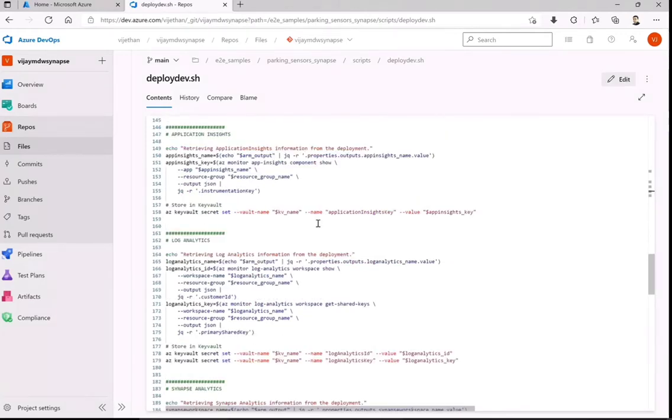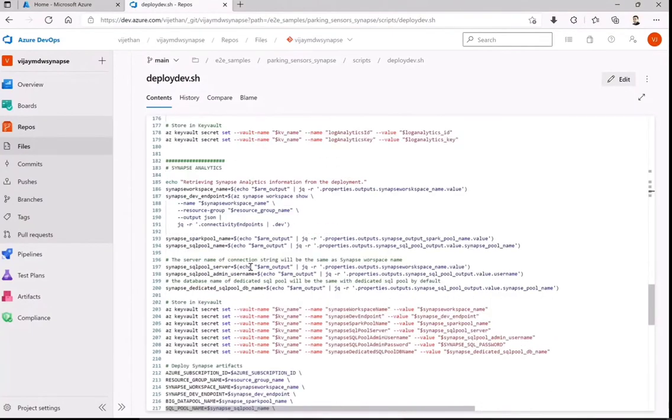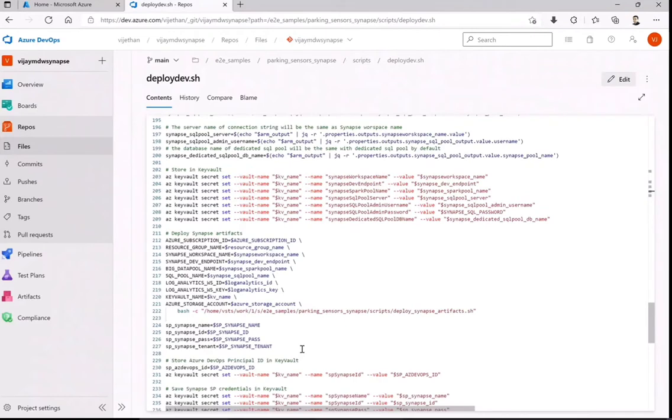Similarly for Log Analytics, and then you will see the Synapse steps, right from creation of the workspace and what we need from your pipelines, like from your respective scripts for that particular data environment. Whatever is required, we are uploading those artifacts once we create that Synapse workspace. So that is the reason you will see that we have all of them from the variables, and then actually run or upload those artifacts with the help of scripts, which I have shown you in the scripts folder.